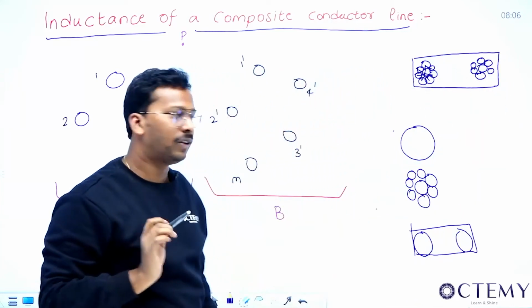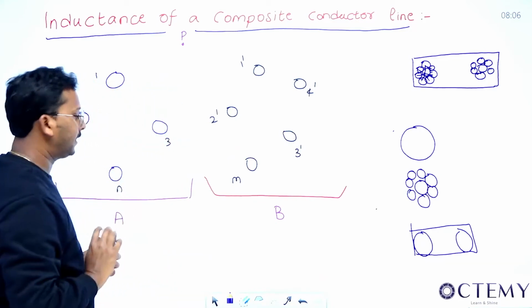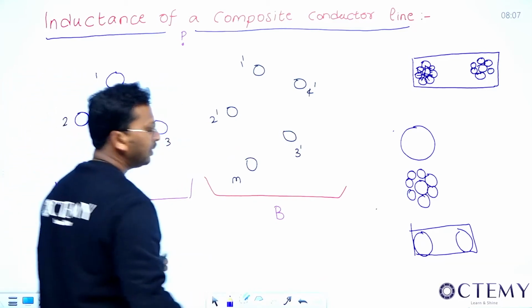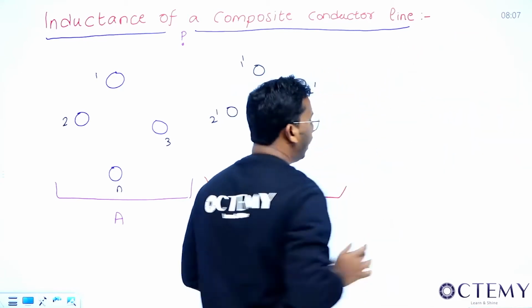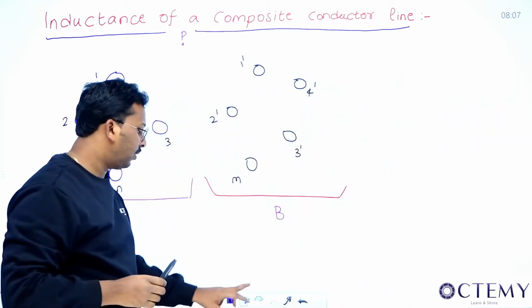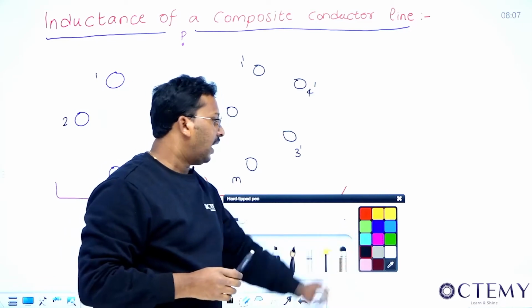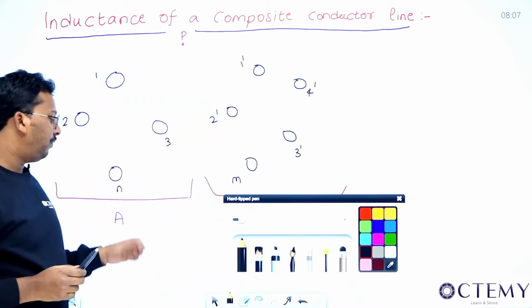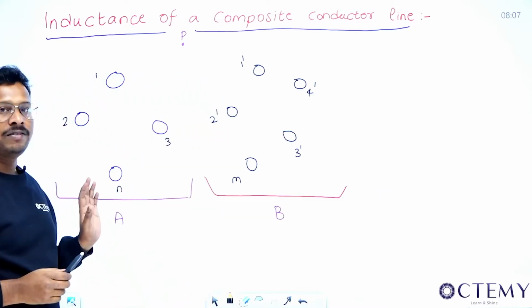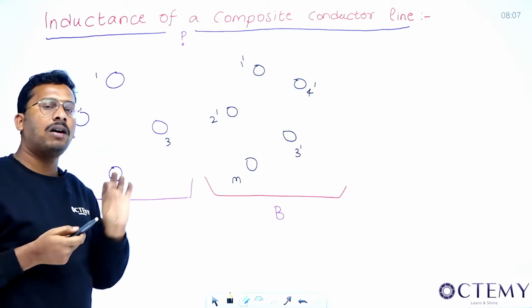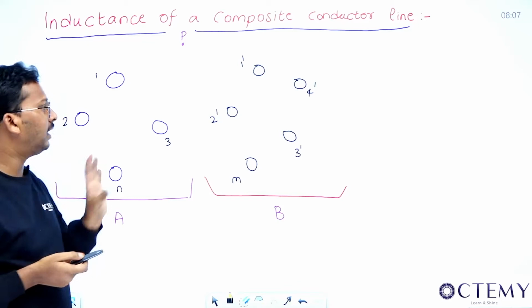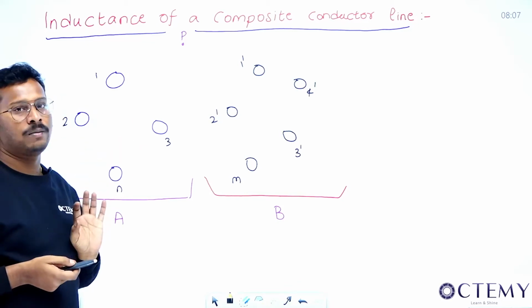So this is the first point you'll have to understand. The second important point is that I have to find the inductance of this. If you observe carefully, this is basically a single phase system, but the conductors we use are stranded, or the general word, composite conductors. So let us find the inductance of the composite conductors.